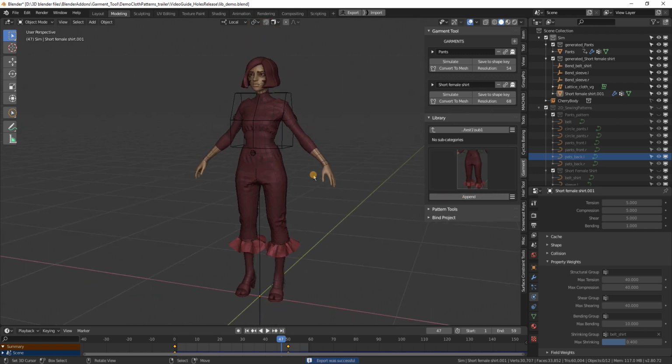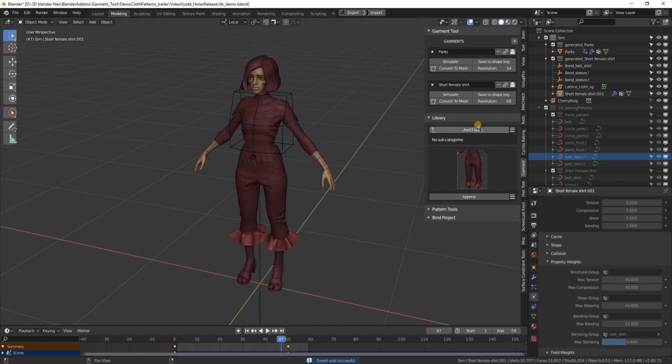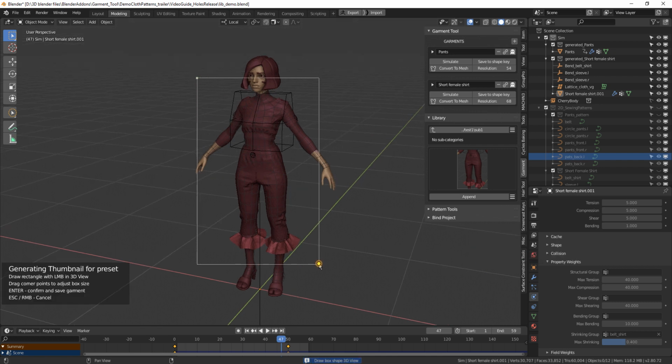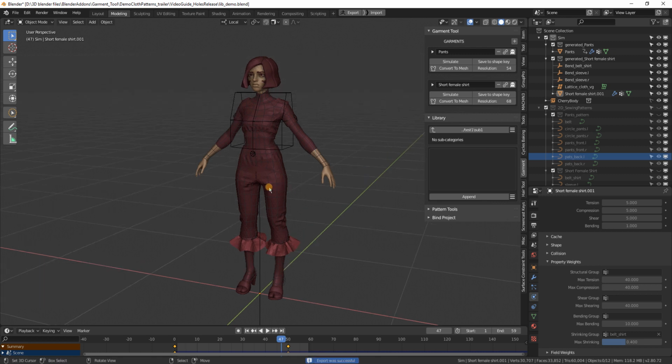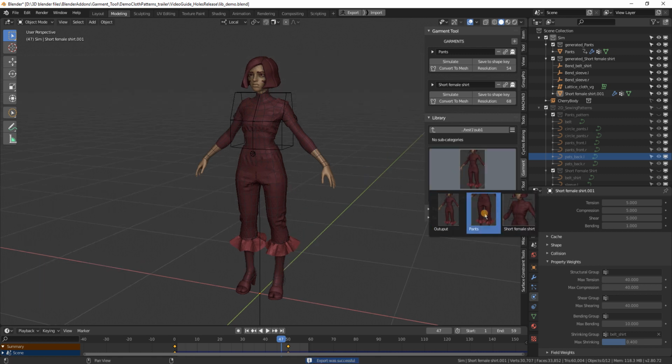And if you want you can save multiple garments to one blend file. So to do this you just store presets and shift click on multiple garments. And now when you select multiple, there will be option to name the merged blend file. So let's name this output, maybe something creative like this, and OK. And left click and drag for the thumbnail, enter. And now you see we have 3 presets, and one of them is the merged one.